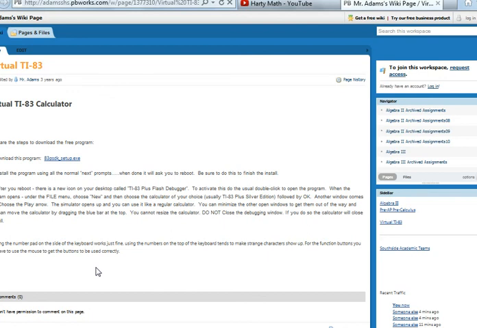And if you get it up there and you're not sure, you'll notice he even has directions on his screen when you pop it up that talks about what I just did. How you've got to double click it to open it, and you've got to go to File and New, and then hit the little play arrow. So there's directions online too if you needed that. But any of those would be excellent ways for you to work on these. And there'll be time in class Monday to work on some too. So that's about